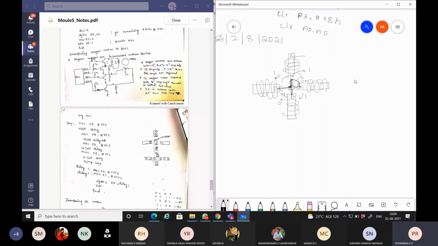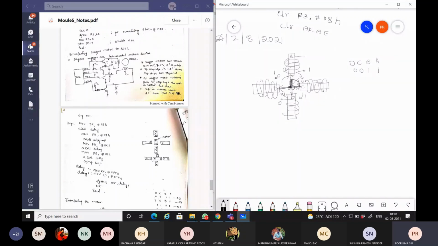So if A, B, C, D are considered, A is made 1, B is made 0, and D is 0, B is 1. So this will be 1, 0, 1, 0, 0. During that time C is 0, so it will deflect.